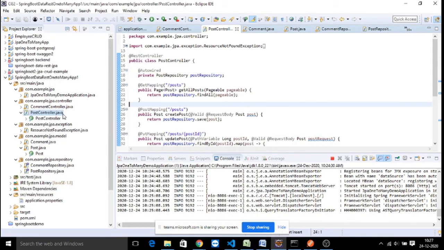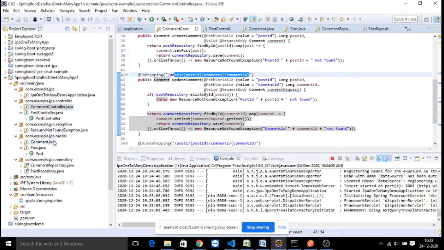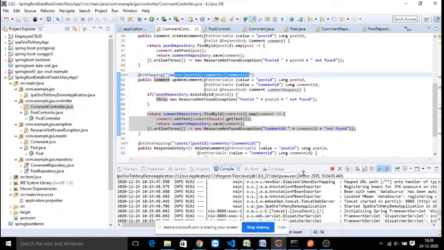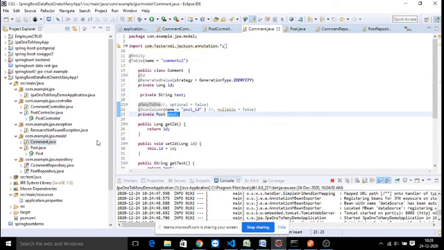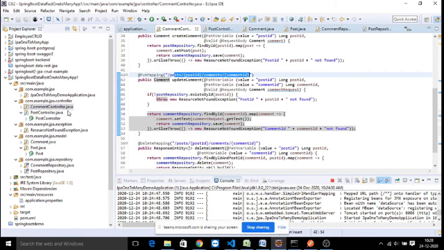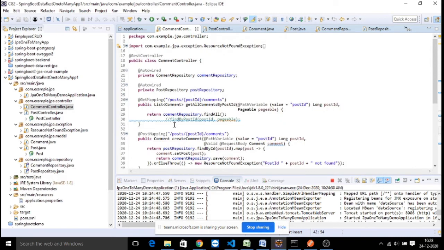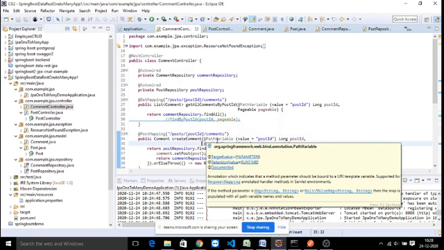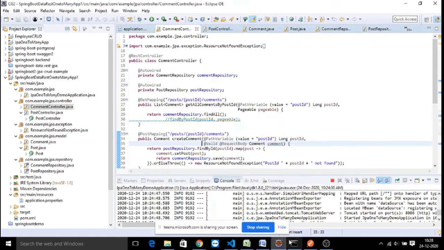Now, how do we work with the associated relationship? We have related with the comment table with the many to one relationship, and the join column is post ID. So now you wanted to add, the first thing is a post request of comment. How to add my comment into my comment table?